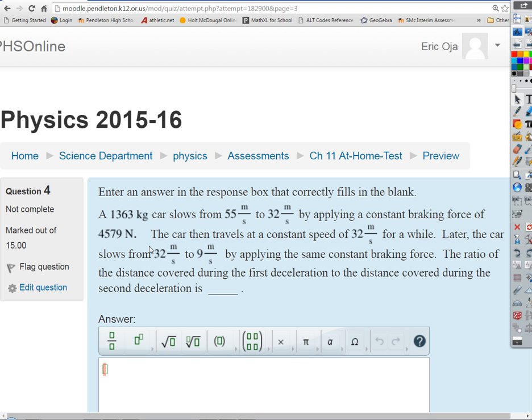You would just say that the change in kinetic energy, so 1/2 m v prime squared minus v squared, because I can factor out the 1/2 m, is equal to F d, force times displacement, times -1 because it's friction. All this really is two separate calculations: you're going to calculate the ratio of how far it takes to slow down from 55 to 32 to how far it takes to slow down from 32 to 9. That's it.